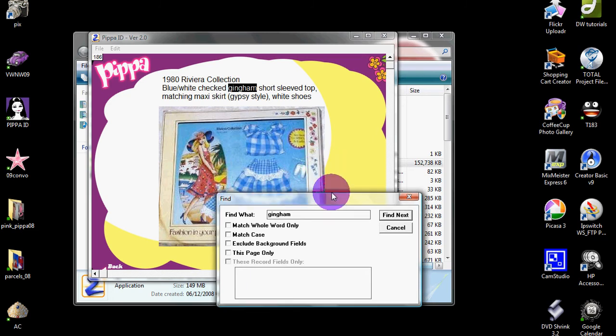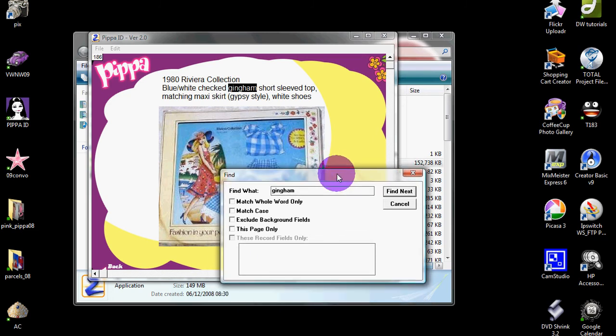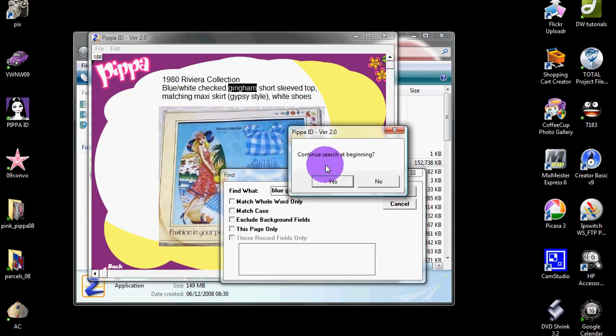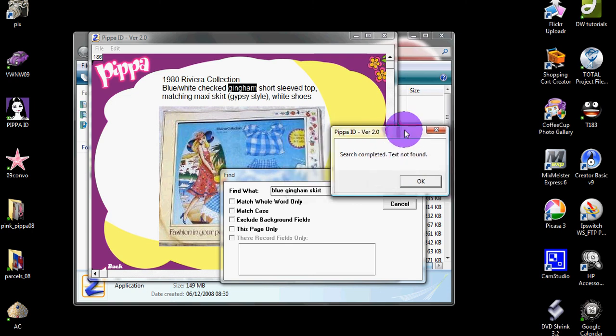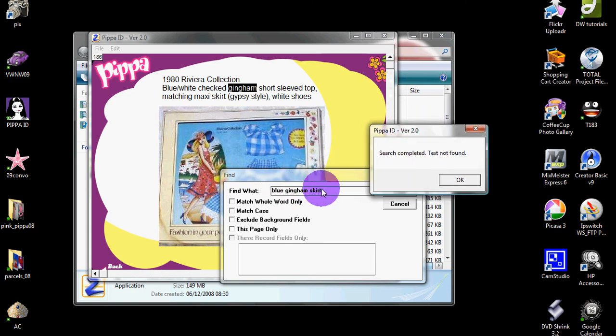One thing I should say about this find feature, it is fantastic, but it's not infallible. So let me just illustrate what I mean. If I were to type in blue gingham skirt and then ask it to find, one might imagine that it would go straight to that item. So yes, let's search from the beginning. Oh dear, it's saying text not found, and the reason for this is that although these three words, blue gingham skirt, are all in this description, they're not